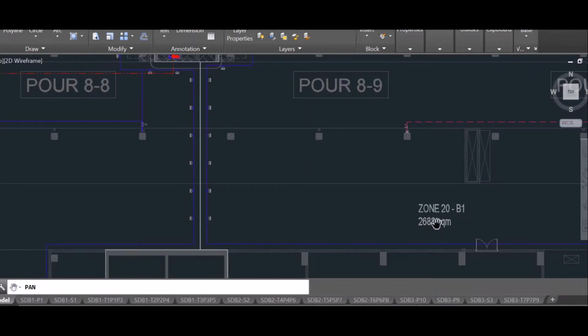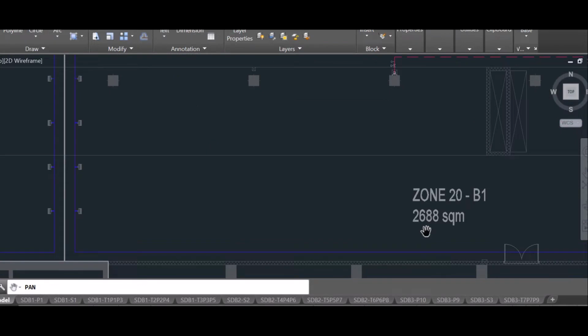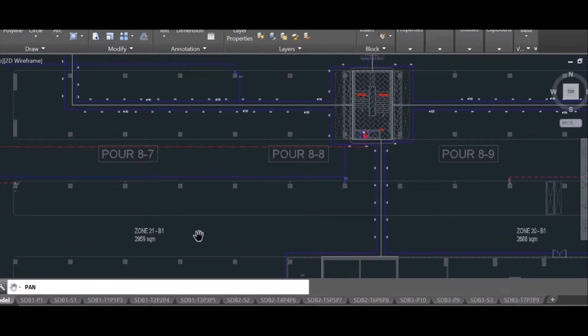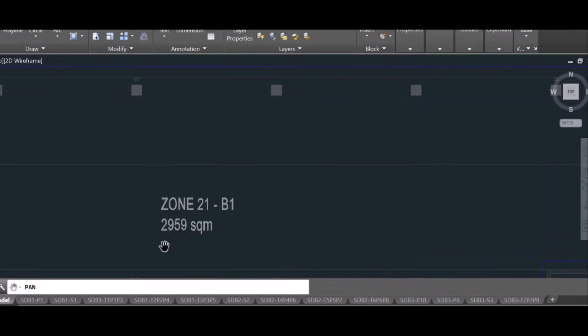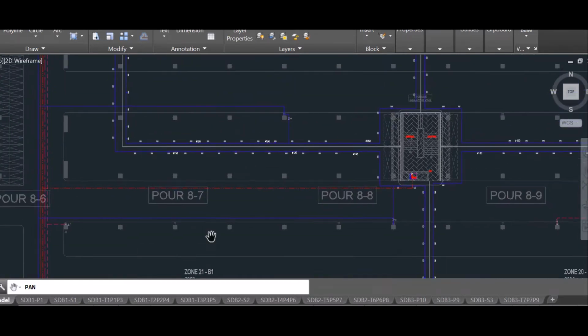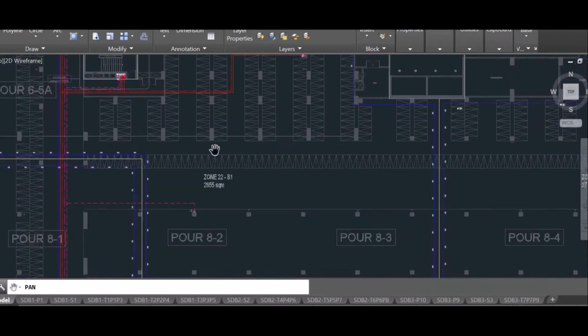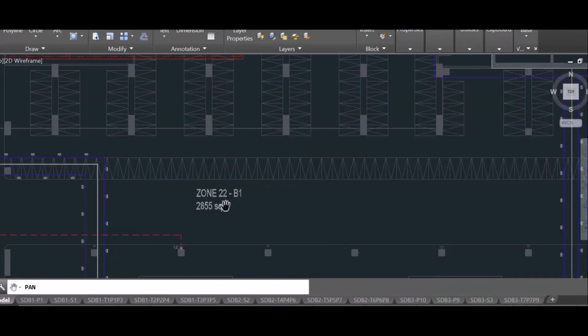Here, that is zone 20, that is 2688 square meters, and another zone, that is 2959 square meters, within 3000 square meters. Another zone, zone 22, is 2855 square meters.